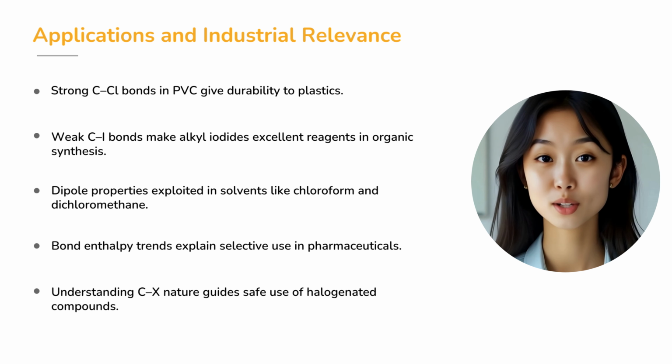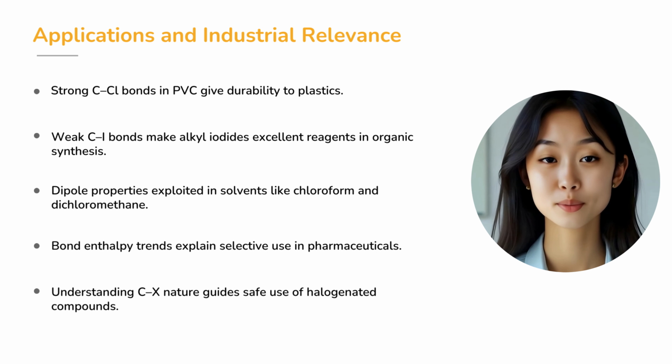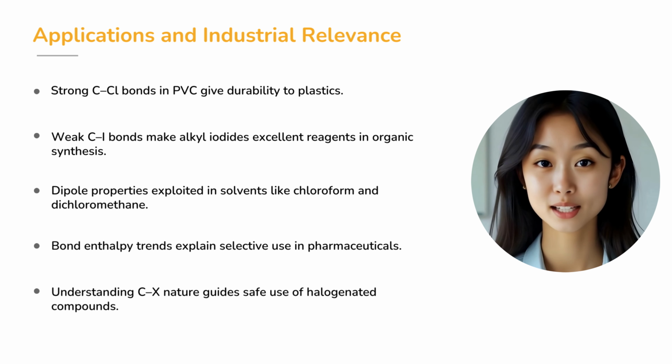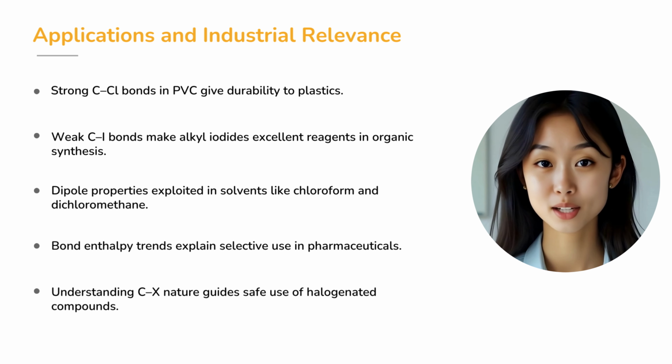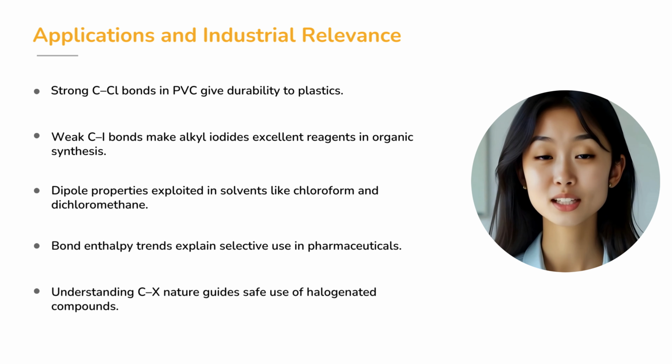The strong carbon-chlorine bonds in PVC, polyvinyl chloride, make it durable for pipes and flooring. The weak carbon-iodine bonds in alkyl iodides make them very useful reagents in organic synthesis because they break easily. Solvents like chloroform and dichloromethane rely on their dipole properties for dissolving organic compounds. And in pharmaceuticals, introducing a carbon-fluorine bond can improve drug stability because this bond is the strongest and resists metabolic